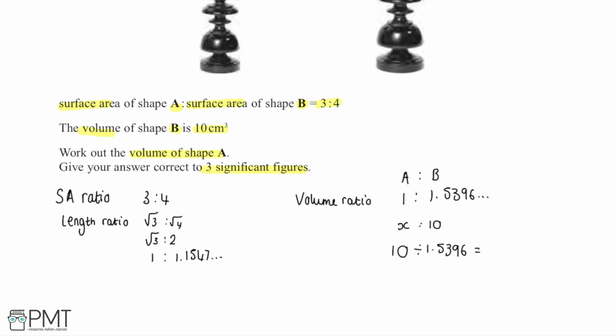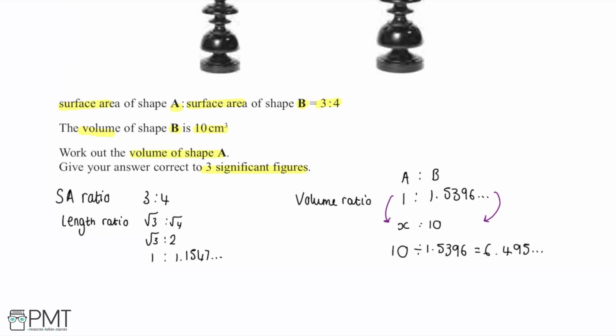And that's going to tell us the factor by which we must multiply the 1 of A by to get up to x. And because we're multiplying it by 1, this is just going to give us x. So the factor required to jump from this value to 10 is just given by 10 divided by that value, and that's going to be the same as what we multiply 1 by to get to x. And that value is going to be